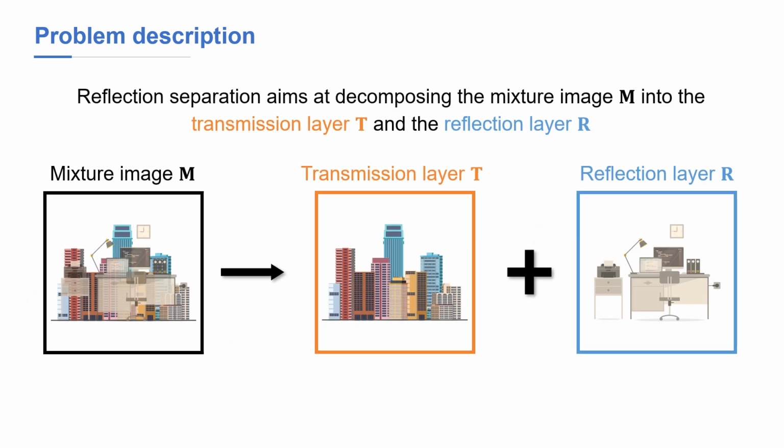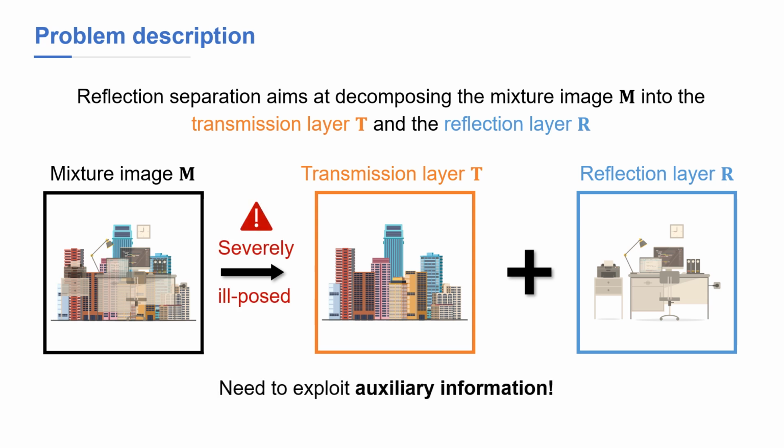Reflection separation aims at decomposing the contaminated mixture image into two components, that is, the transmission layer and the reflection layer. However, reflection separation is a severely ill-posed problem, thus it is imperative to exploit effective auxiliary information for distinguishing the